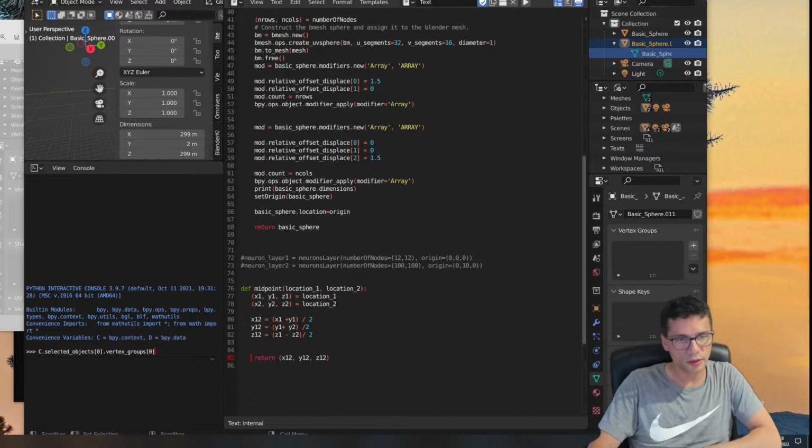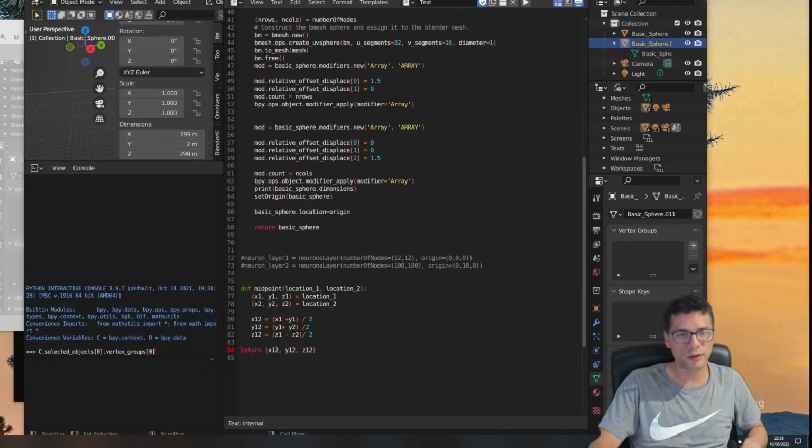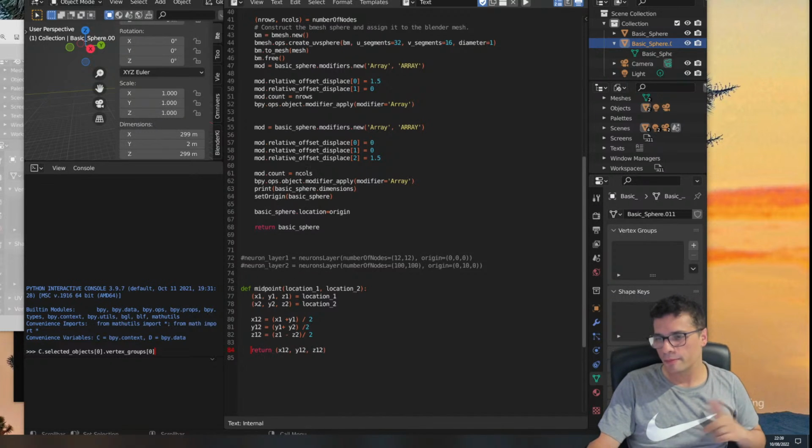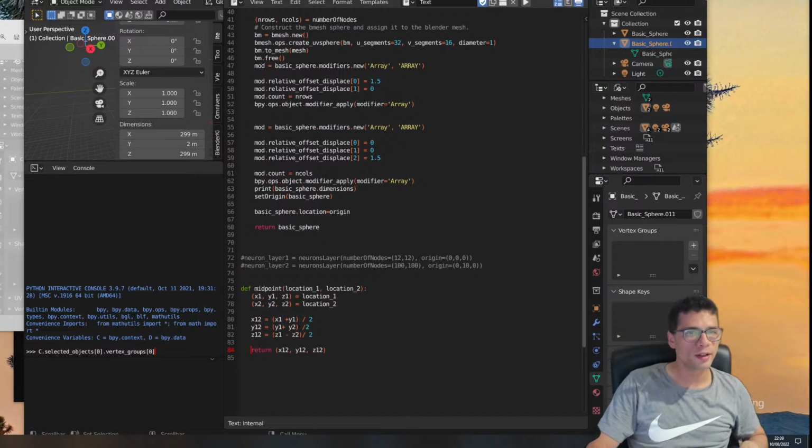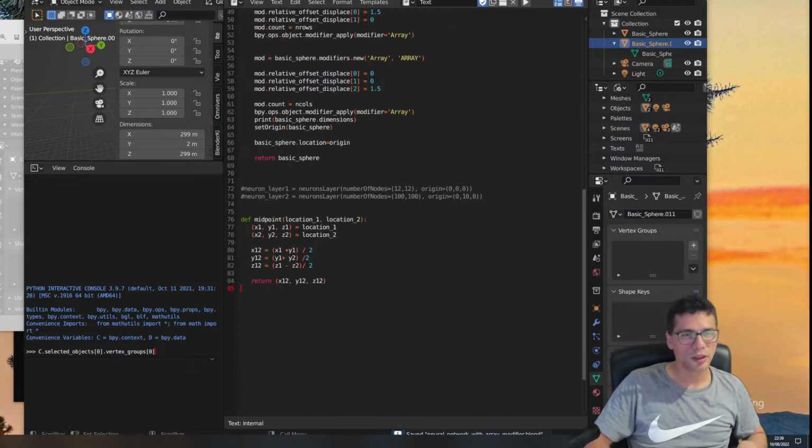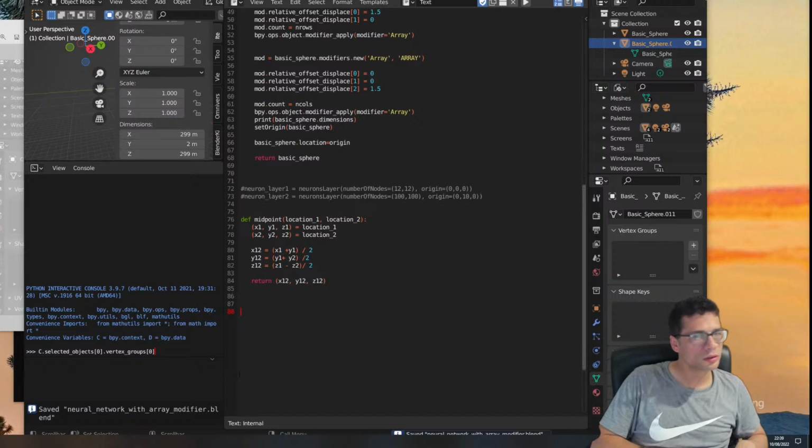I don't know why it doesn't let me indent this properly. In Python, you need to make sure all these lines start in the same column, otherwise it's going to crash. No, it's not going to crash. It's just going to give an error. But with Blender, you never know. Okay, I'm going to save it now. Look. Saved. And I'm going to just do a print. So midpoint